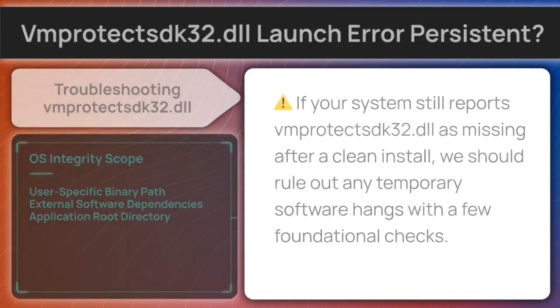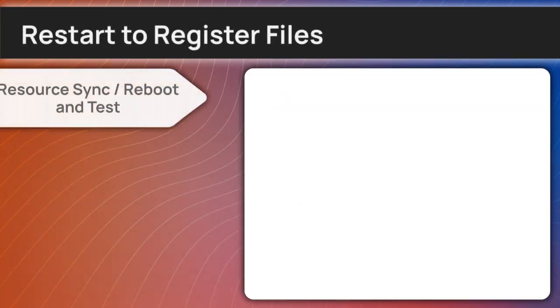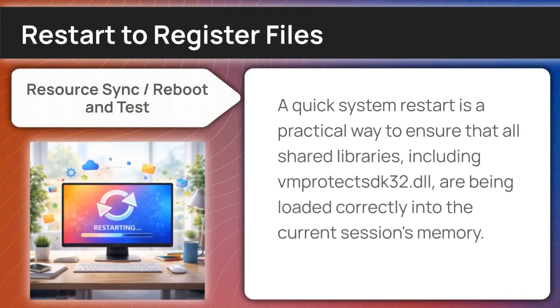directory. A standard restart allows the Windows bootloader to rescan your system directories and potentially recognize an unregistered VMProtect SDK32